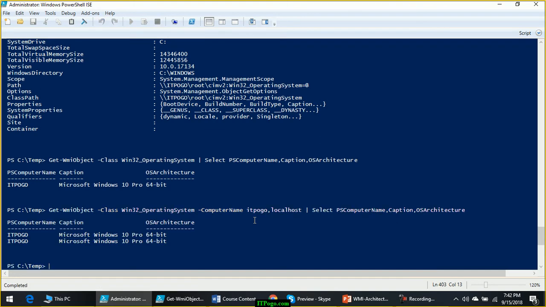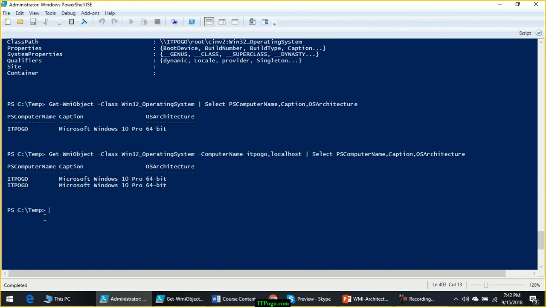It will fetch these details from local or remote computers and will show you the results. For each computer, it will show you what is the operating system version and the OS architecture. Now it is up to you how you want to use this command, how you want to explore further within your working environment.